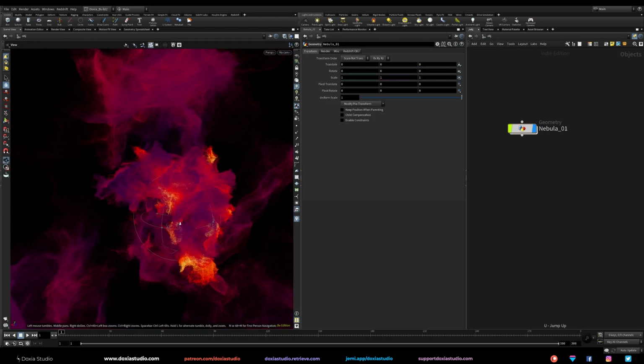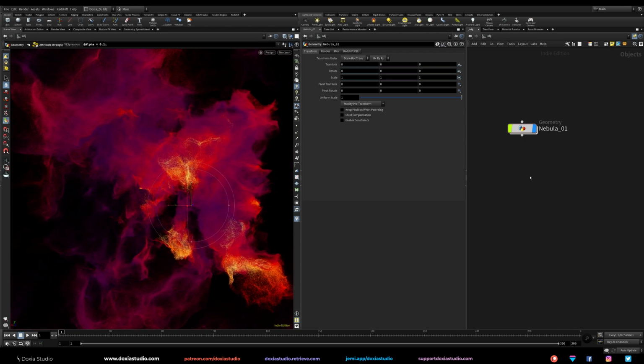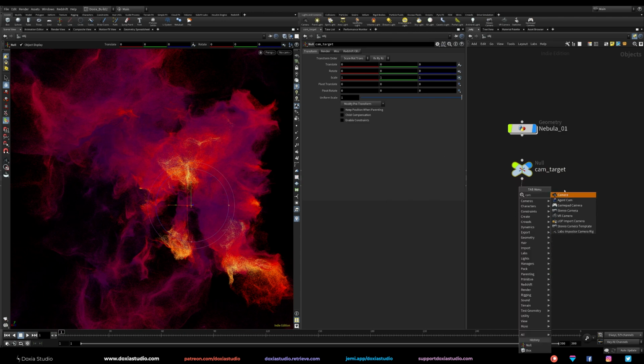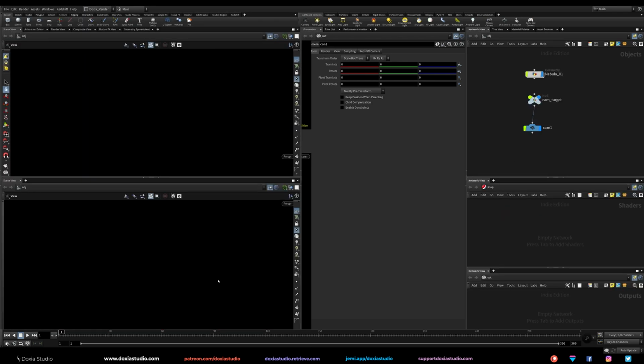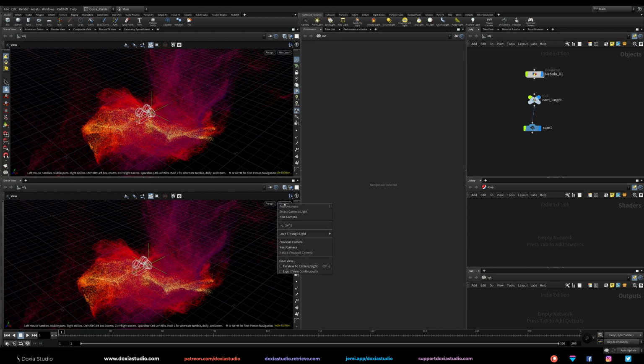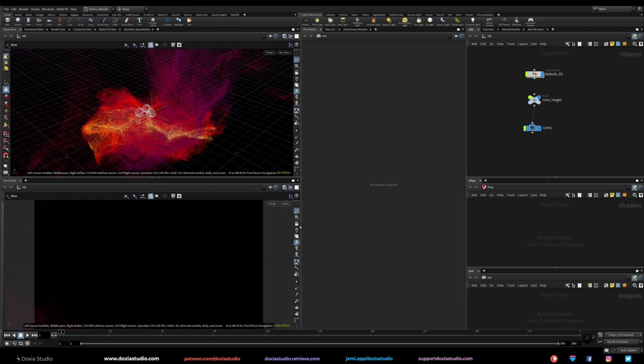And now we have this, right? And we want to play with the camera. One thing that I like to do, not just pressing the camera, I like to place a null where it is easier to control. So this will be the cam target. Okay, and then link this to a camera. And let me switch the UI so we can see always the camera here on the down.